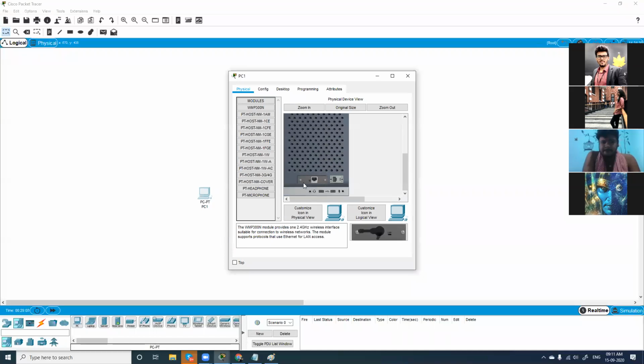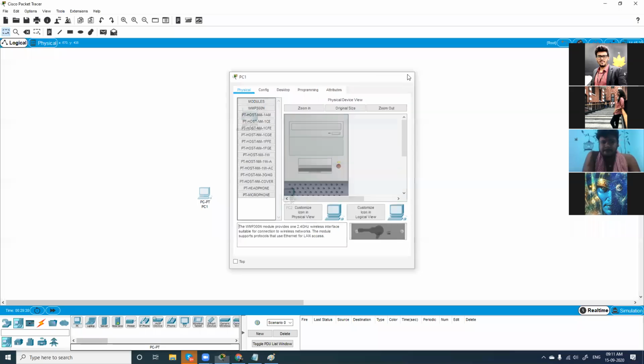I have an Ethernet LAN port here, I'll remove this. And here I have this port, WMP300N, which is a wireless module, a wireless receiver. I'll take this and put it here. Now my computer has a Wi-Fi receiver. I'll turn it on. I'll do the same here.